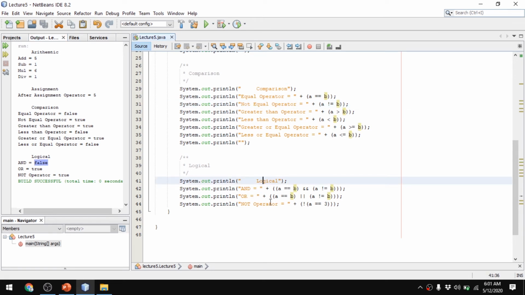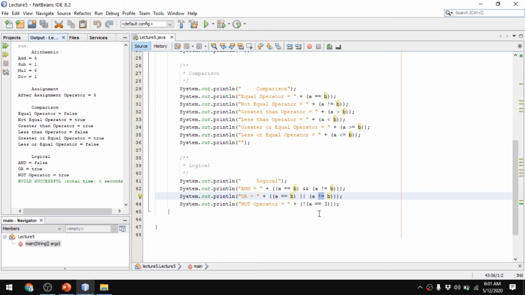And in or, you can see we have the same expressions, true or false. I told you before that if any one of the expressions is true, it will print true. So here the second one is true, so it returns true. And what does the not operator do? The not operator reverses the values of true and false. So let's say we have a value a is equal to 3. What it does, that means a is 5 and we have a 3. So what should it return? It should return false.